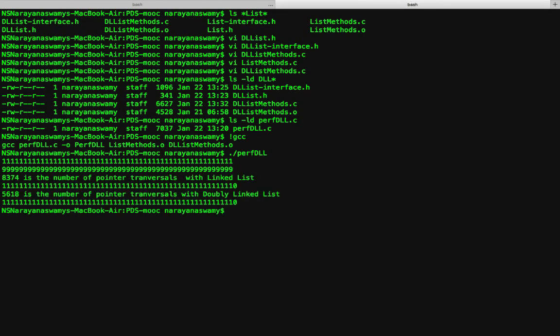All right. So let us just see this. These are the two numbers. It is very easy for you to verify that the sum, which is in the fourth line, is correct, right? But prior to that, in the third line, observe that the program has printed out the number of pointer traversals with a linked list implementation. That is, when the two numbers were stored in two separate linked lists and added, the number of pointer traversals was 8,374. But when you use a doubly linked list, the number of pointer traversals is